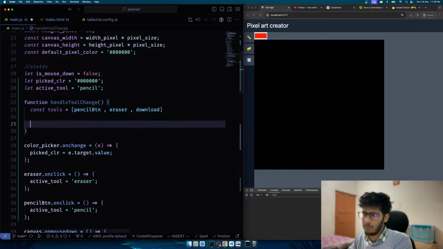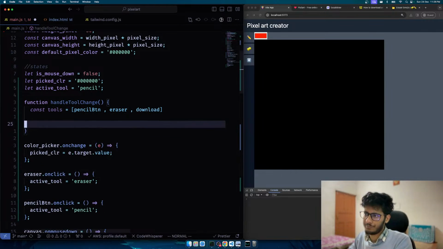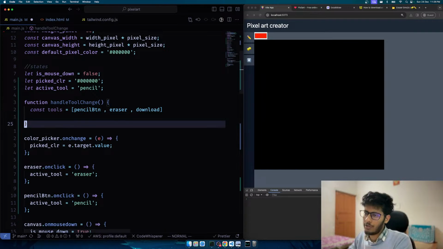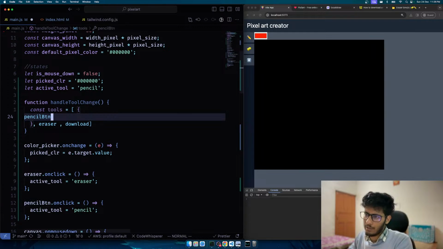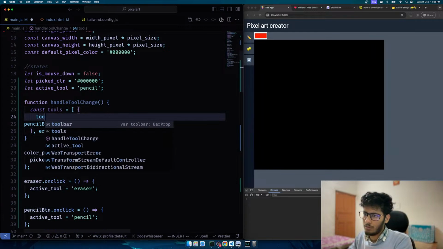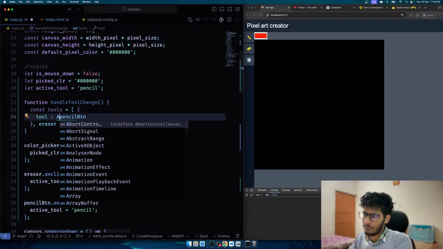Let's have all these things. We'll be adding more tools as we go, and then we should not have it like this. We should have a tool, something like this, and then